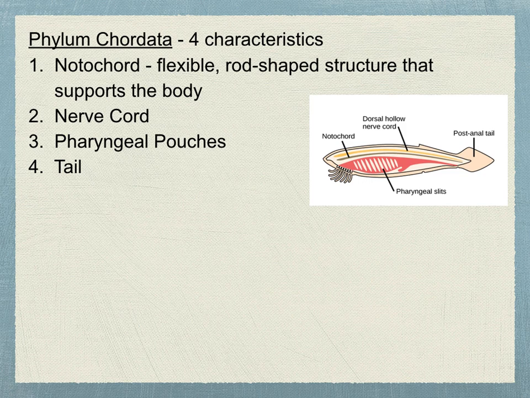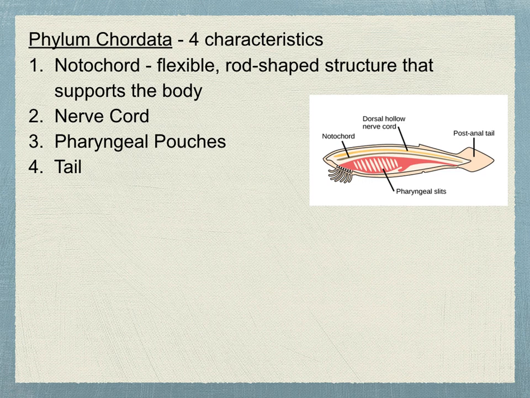Now, the thing about these 4 characteristics with the chordates, though, is that all chordates show these 4 characteristics at some point in their life. So it might not be there always, maybe only when it was an embryo. They don't all show at the same time, but at some point during the development of the chordate, it has these 4 characteristics, and that's what actually determines really what falls into this phylum Chordata.